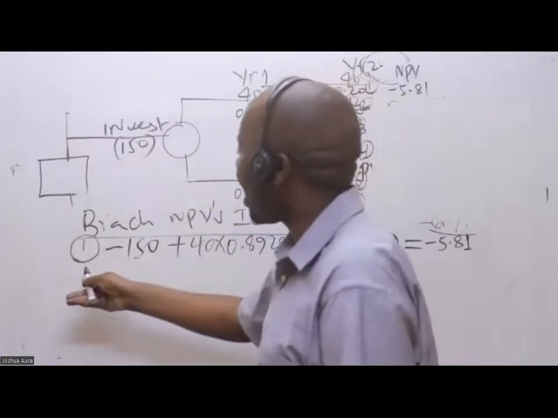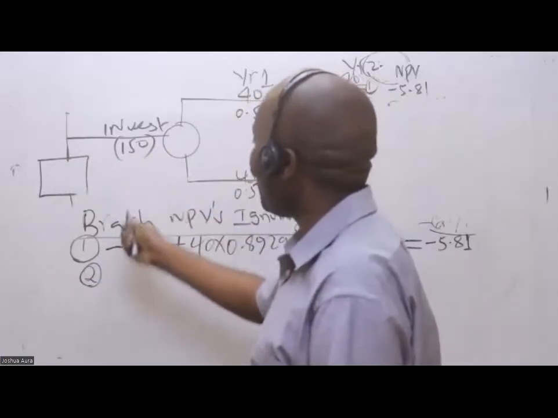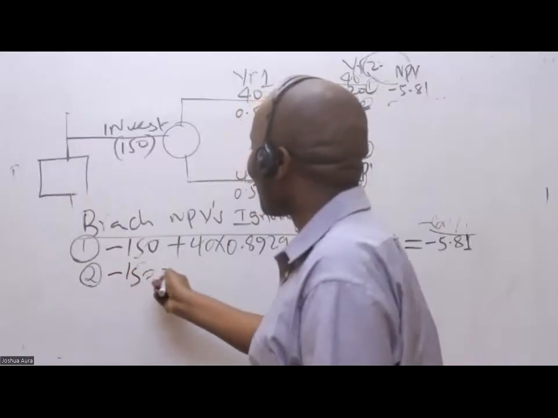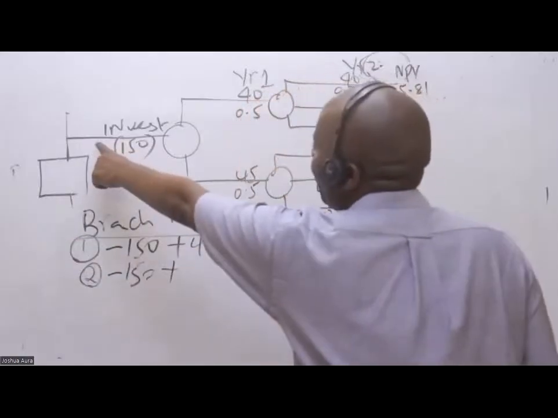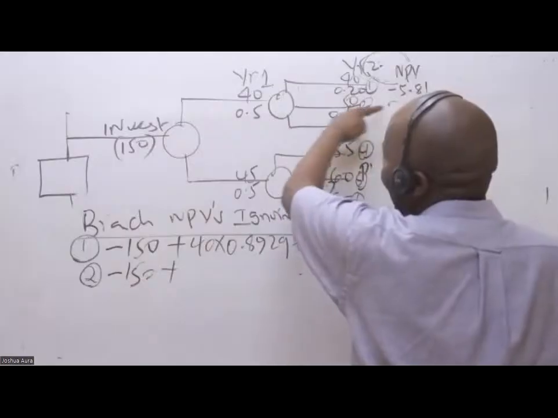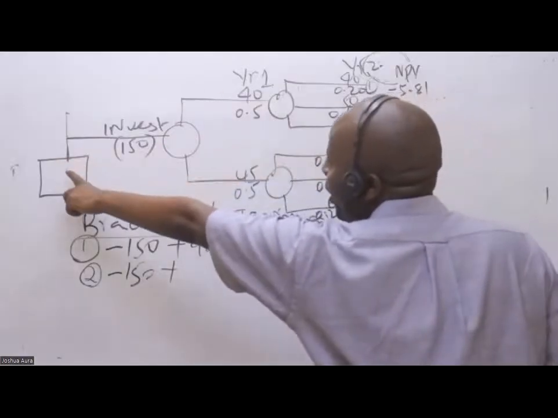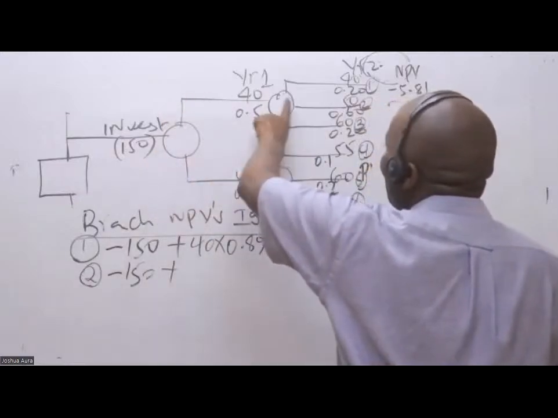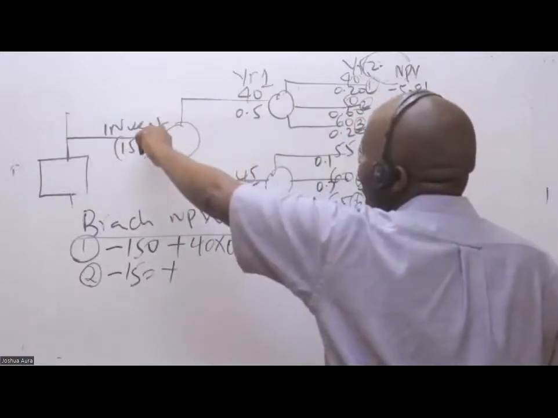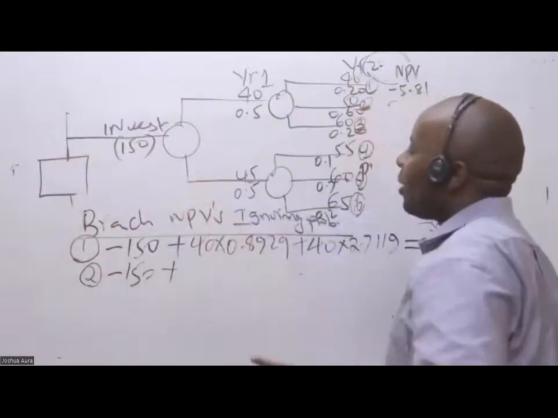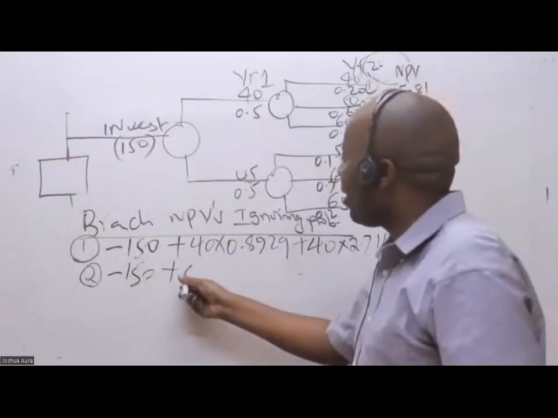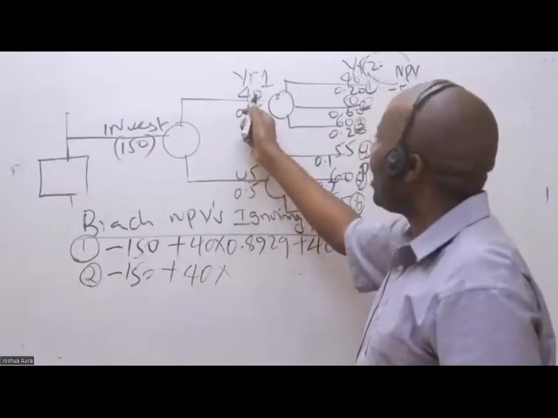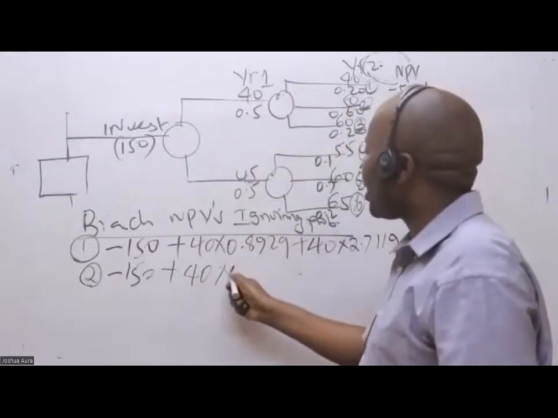So pick the cash flows. Here we have minus 150 plus. Are you able to see the cash flows for branch 2? You follow it from here all the way up to heaven. So minus 150 plus this 40. The 40 is coming to us at the end of year 1, so this has to be